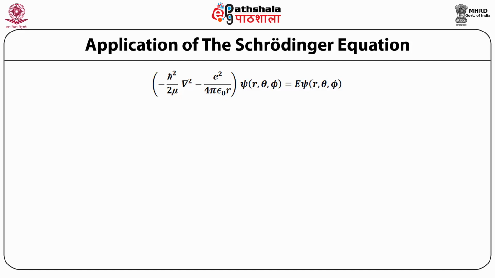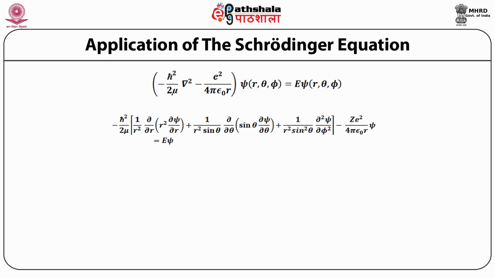So we can expand this equation in the spherical coordinate system, and it is given by minus ħ² by 2μ, square bracket, 1 by r² ∂/∂r of r² ∂ψ/∂r plus 1 by r² sin θ ∂/∂θ of sin θ ∂ψ/∂θ plus 1 by r² sin² θ ∂²ψ/∂φ², square bracket close, minus Ze² by 4πε₀r ψ is equal to Eψ. So the solution of the above equation can be written as